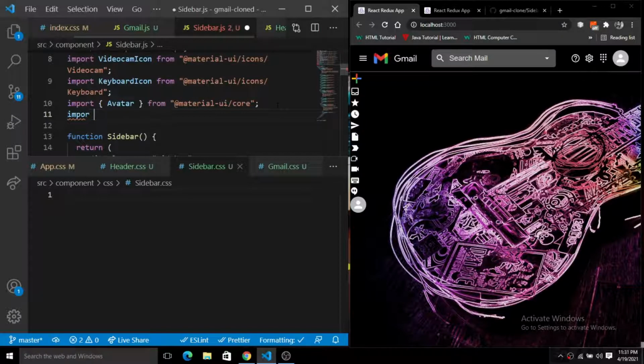Okay, so we have this import, and inside of this CSS we have this sidebar.css. Let's save this. Okay, now we are done with this, and now we are good to add the CSS inside of this sidebar.css. It will be very important to style this sidebar.css. Just pay attention here.